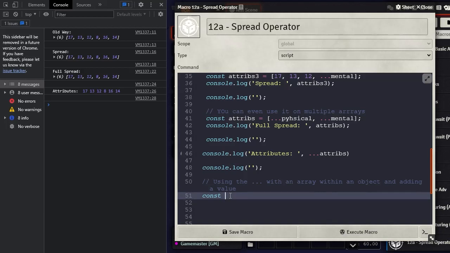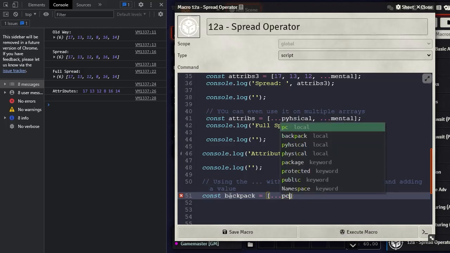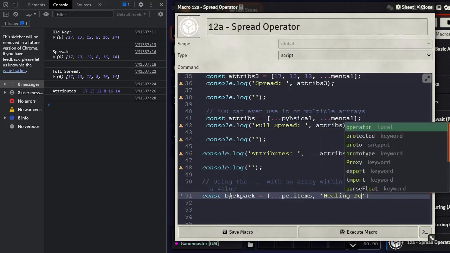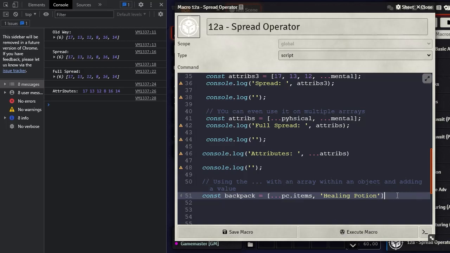So let's just do this. We'll do const back equals, and we'll do our array. So we're going to do our ... for our spread operator, and it's going to be on an object, but it's not the object itself. It's actually going to do the items inside said object. But in this new array with backpack, we actually want to add healing potion or health potion, however you call it. Let's do HEALINGPOTION, like so. And then if we go ahead and output this,